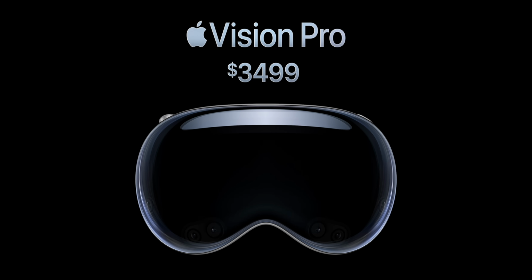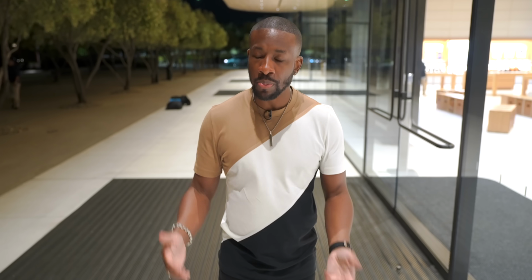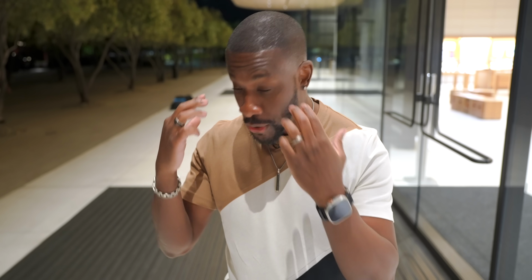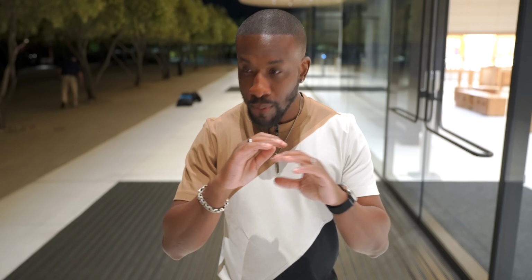Now the thing is, $3,500, an extremely high price point, and most people aren't going to buy this, right? We can all agree that a lot of people won't be purchasing this because the price is just too high. It's not for the average person, but for the techies out there, the folks who are early adopters, the folks who gotta use the most cutting edge